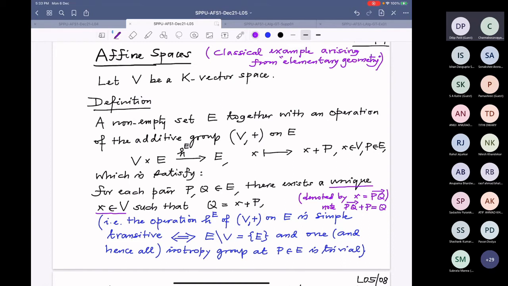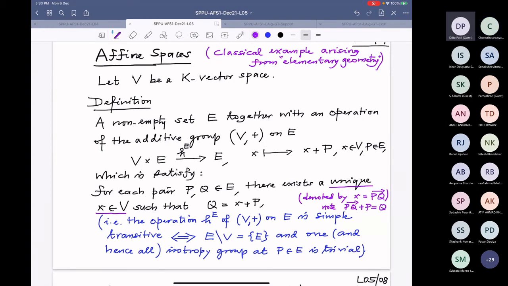That always happens. If you have trouble in proving any statement, then we keep putting in assumptions, because we want to prove theorems. All right. So, what is an affine space? It's a non-empty set E. E is a set of points. E is a set and it is non-empty.